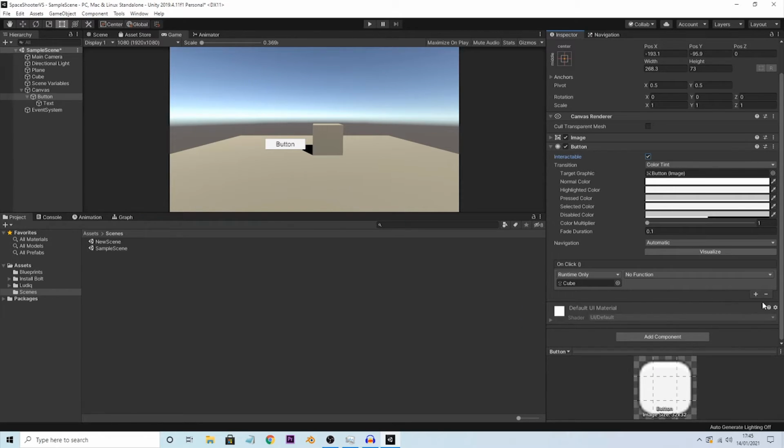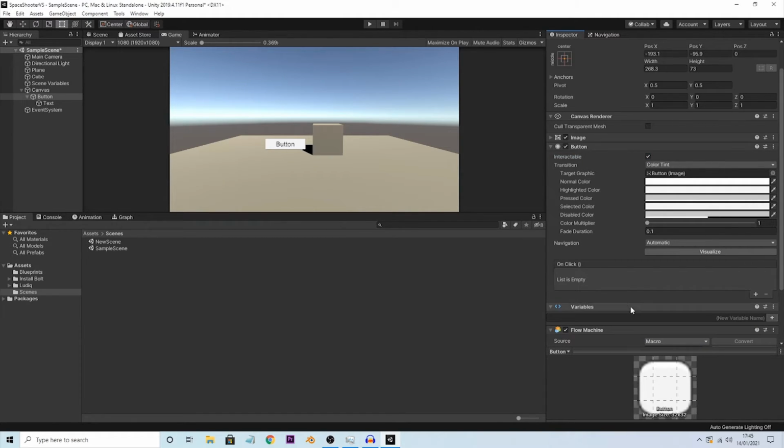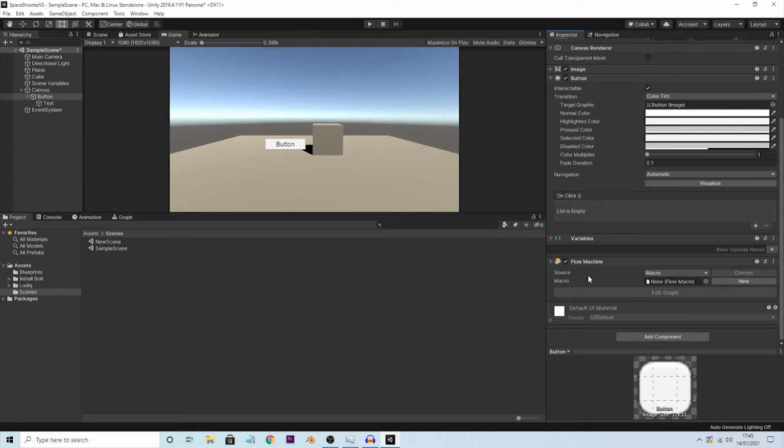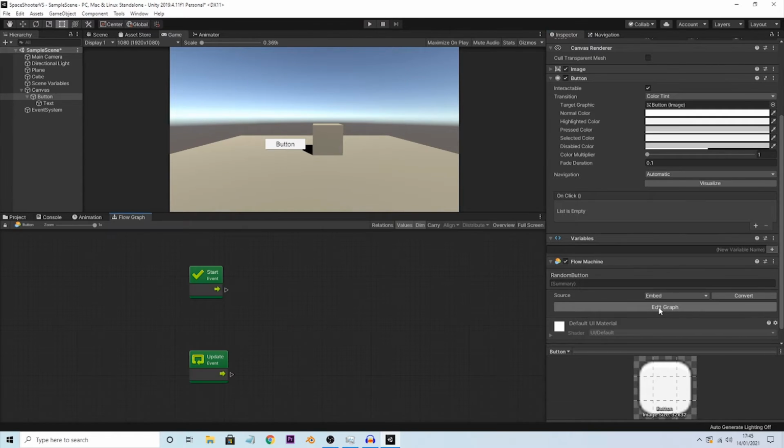But since we're using visual scripting, we can't use on-click. Instead, we have to use another flow machine, and instead of macro, we use embed. Let's just title this random button. Why not? I don't know why it says convert, to be fair, but let's now edit the